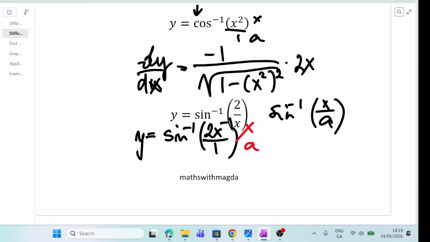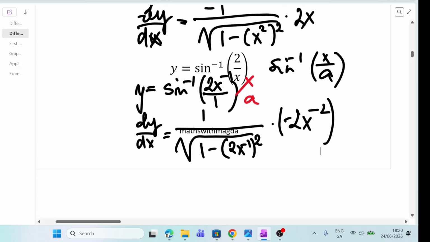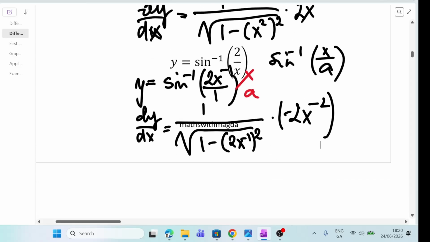Let's differentiate that here. So it's dy over dx. Derivative of outside will be 1 over square root of 1 minus 2x to the power of minus 1, and then to the power of 2. And then when I differentiate my inside, I will get minus 2x to the power of, reduce the power by 1, so it's minus 2 again. Of course, we could tidy up this now, so I get rid of the negative power, and when I do that, I get